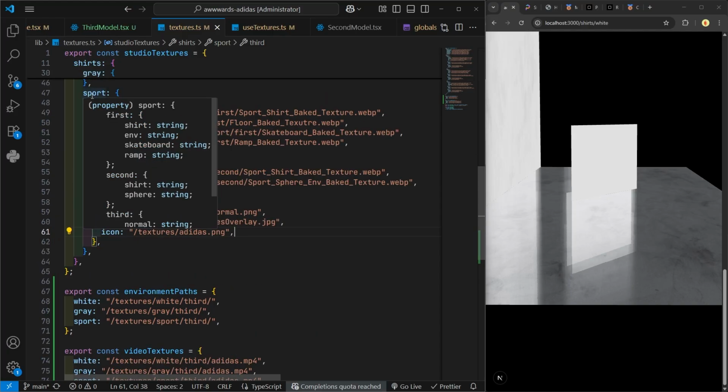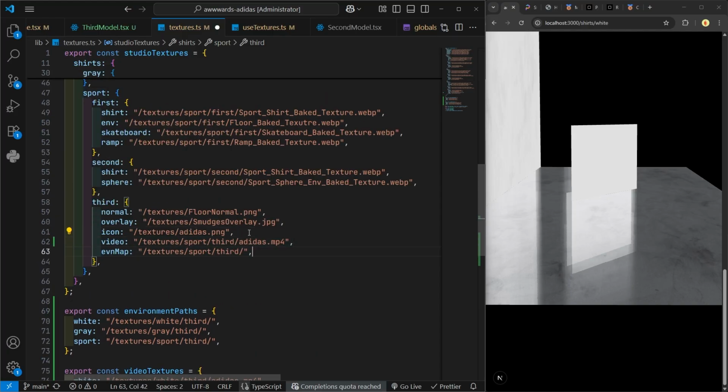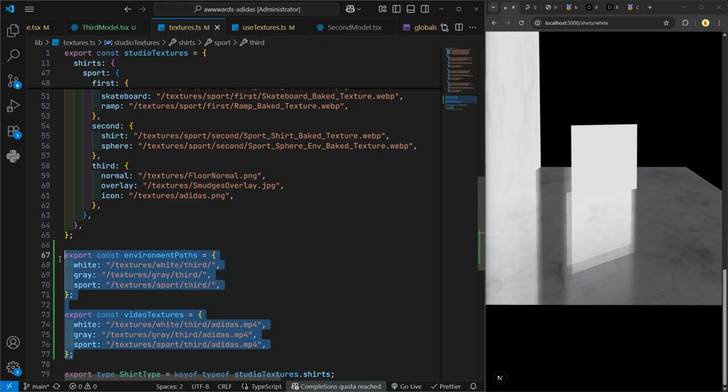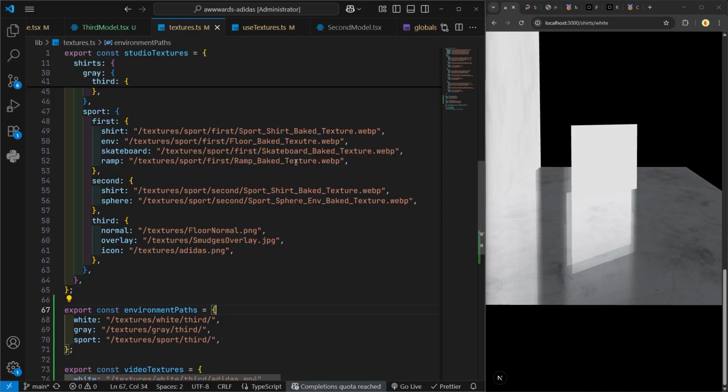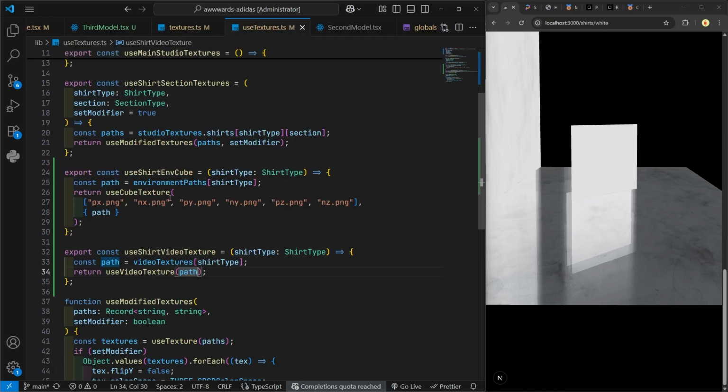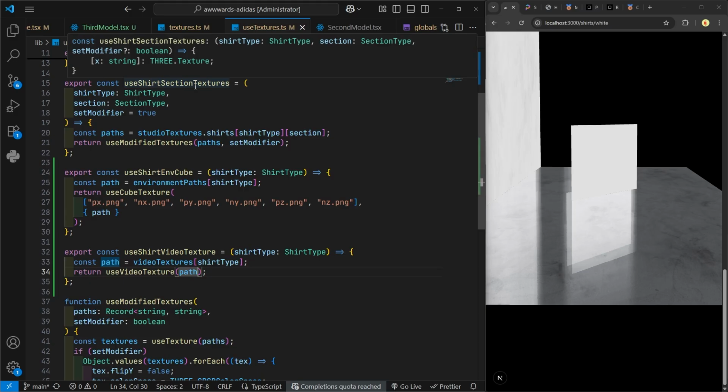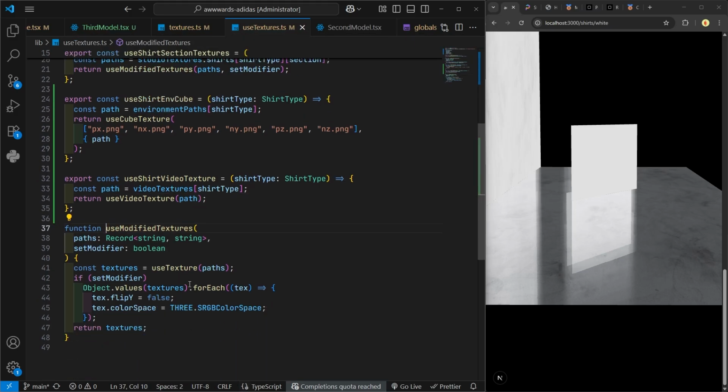For example, since this is a sport third, and then video, for example, equals textures.mp4, and the environment map equals this. Why have I created this separately? The reason is all about file extensions and the appropriate React Three Fiber hook. Our main studio textures, as you can see, contain paths to image files: WebP, PNG, JPEG. These are all loaded using useTexture. As you can see, useSharedSectionTextures uses useModifiedTextures, which is going to use the useTexture hook, which is specifically designed for